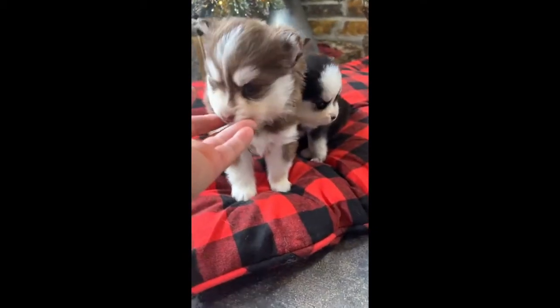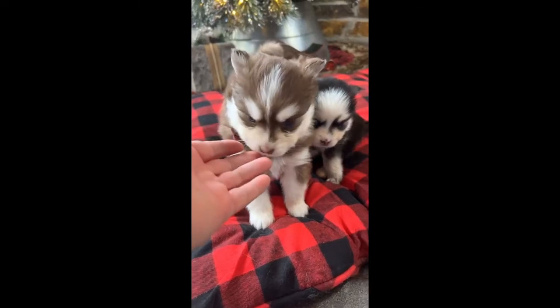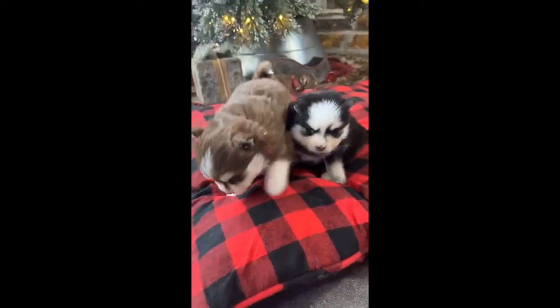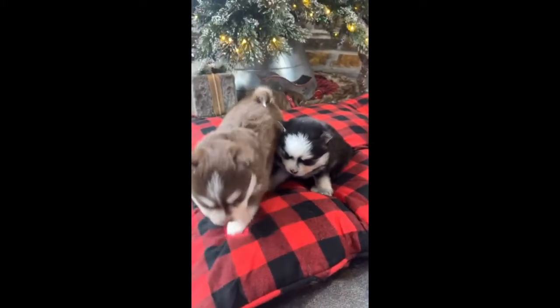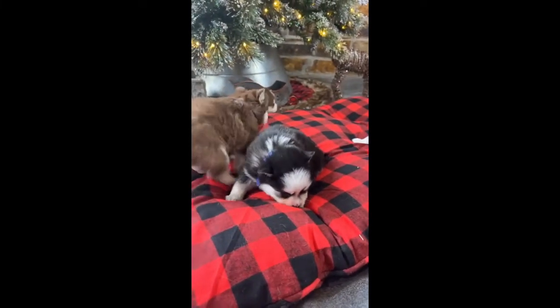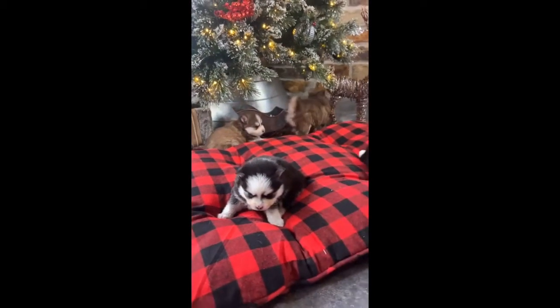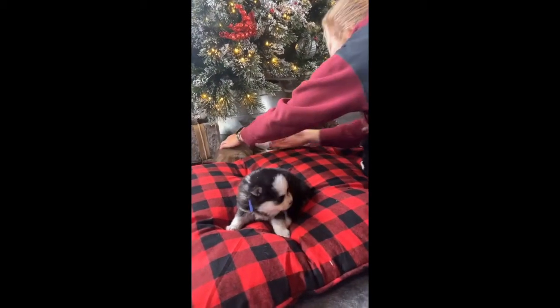This is little Sugar, and she has found her new home now. She also has 2 blue eyes. All of them seem to be pretty woolly. I would guess that they will be woolies with mom and dad the way that they are. And then the little guy back there,